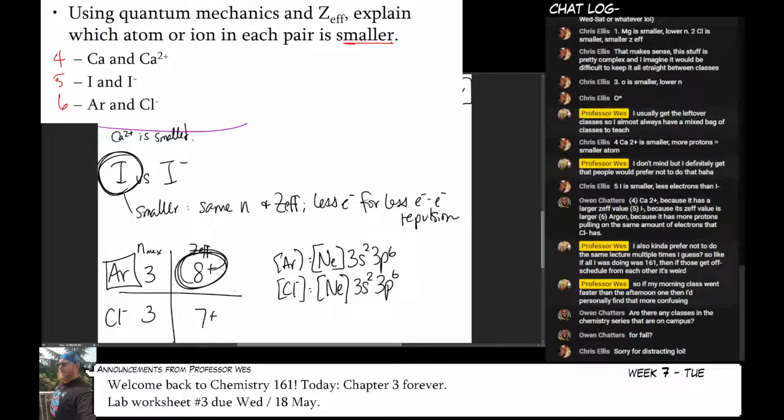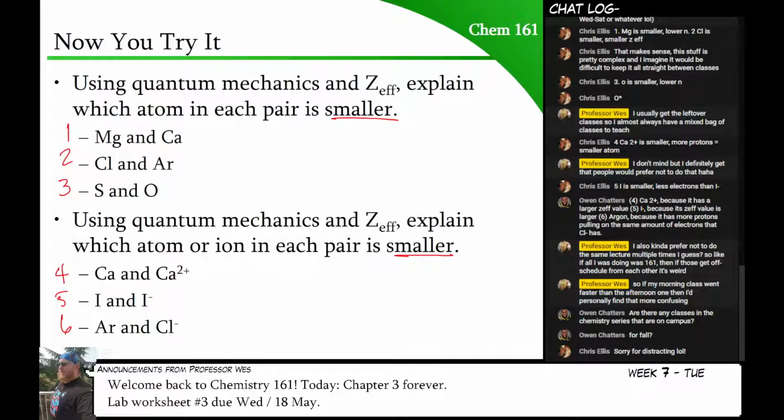Because more protons pulling on less electrons. Or not less electrons, but more protons pulling on the same number of electrons as the other case. All right. There you go. That's ionic size. Now, when we move on to ionization energy,